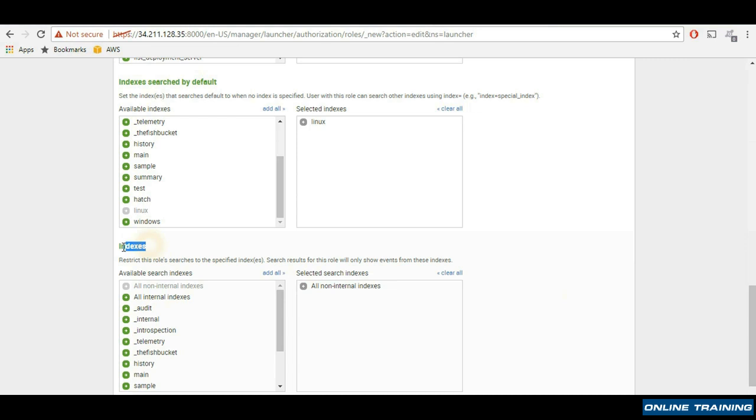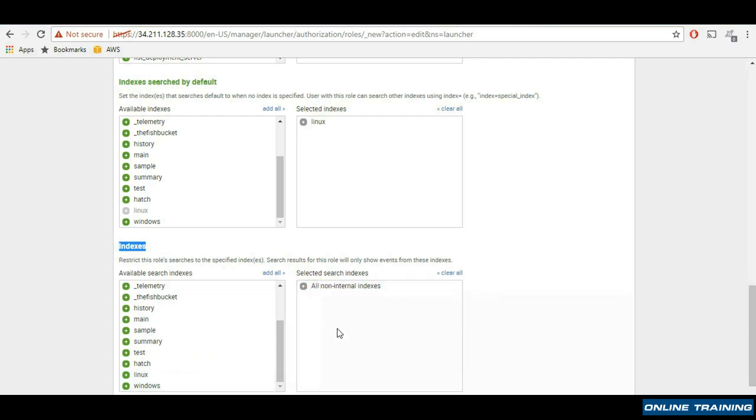So this indexes is nothing but the available indexes where the user can run searches. The default index means that if they don't specify any index, the results will be retrieved only from the Linux index. But if they specify index equal to Windows, they will be able to get the results because we have